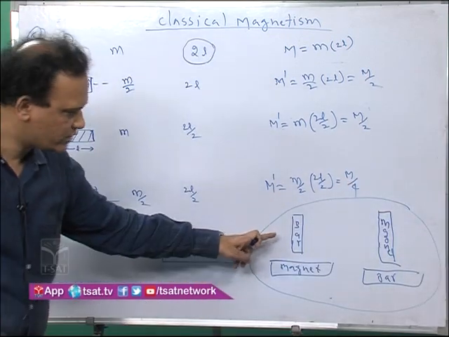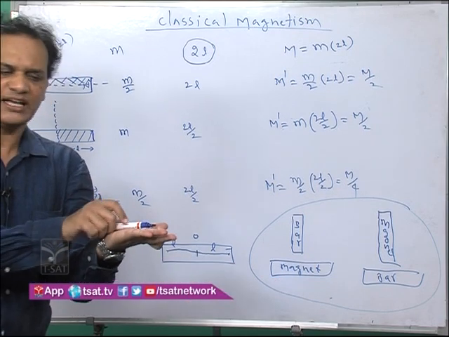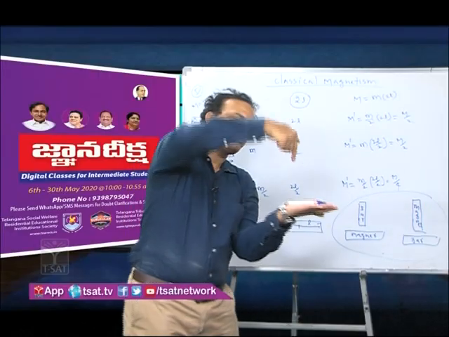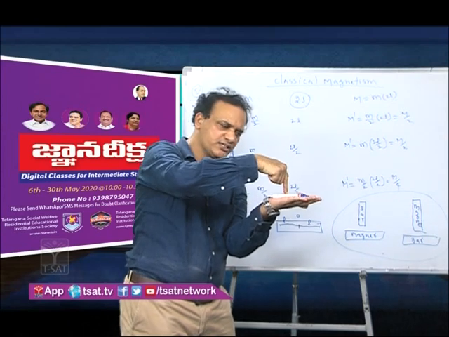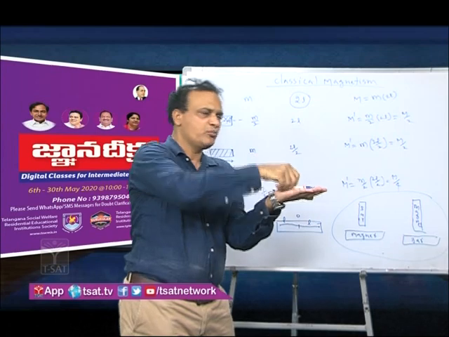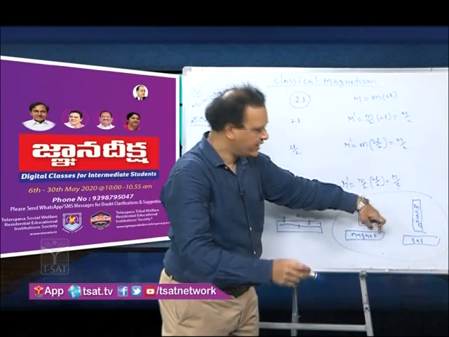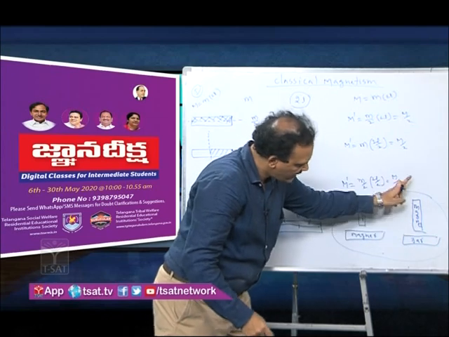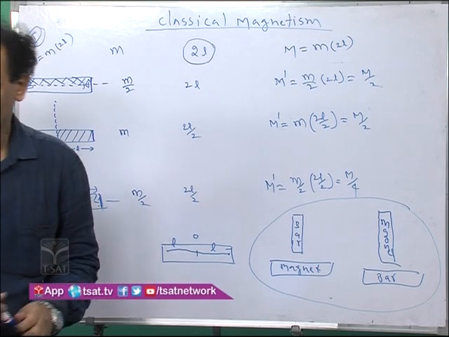So here two points. One is a bar, another one is a bar magnet. Let us take a bar magnet placed like this, and a bar placed at this position. Then what happens? Here it attracts, repels, or stays in the same position? But at the same point, if the bar is placed here and the bar magnet is in the vertical view, then here does it attract, repel, or stay in the same position? So see.